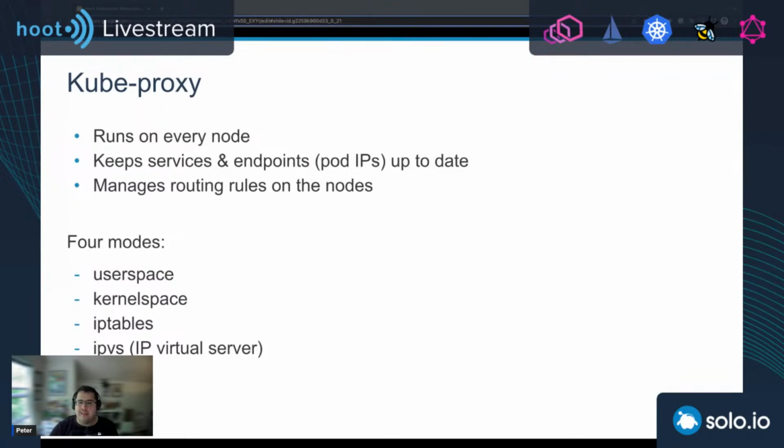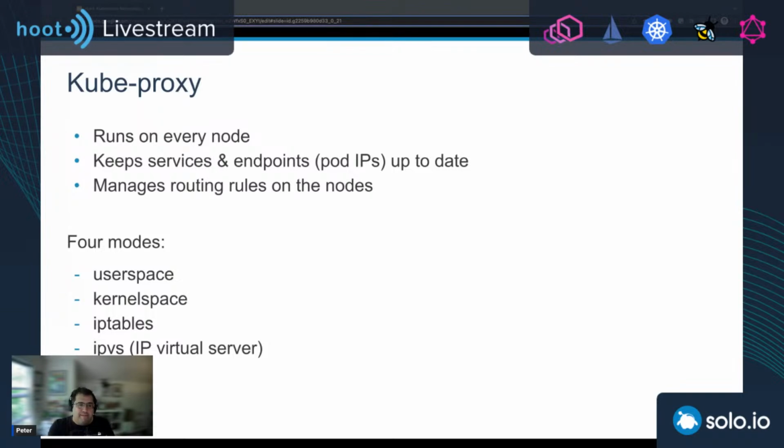A more performant alternative is the IPVS or IP virtual server mode. IPVS supports multiple load balancing modes. We'll see in the demo shortly. The way that IP tables does load balancing is by, not randomly routing, based on probability to one of the backing pods, whereas IPVS supports round robin, least connection, destination source hashing, and so on, which means that it allows us to spread the load more evenly and effectively.